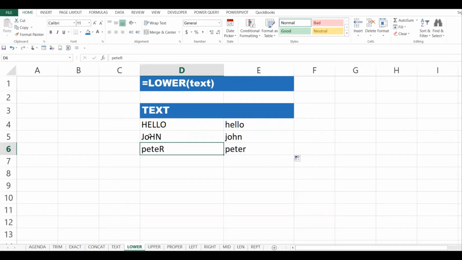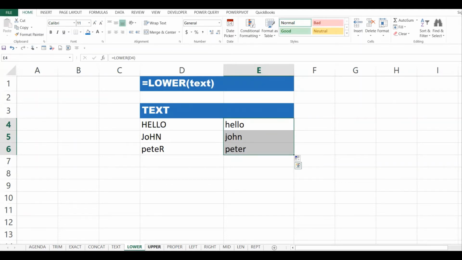You can also have text which has both capital and small letters, and you want to put it in the same format. So you can use the lower function to make it all lower, or like this one has a mix of lower and upper letters. You can make it all lower such that you have a uniform set of data.